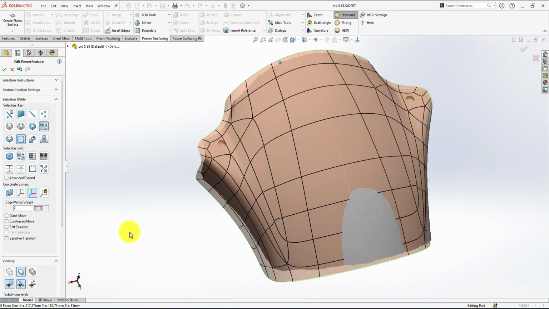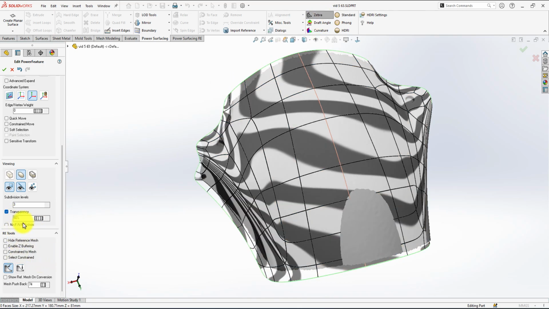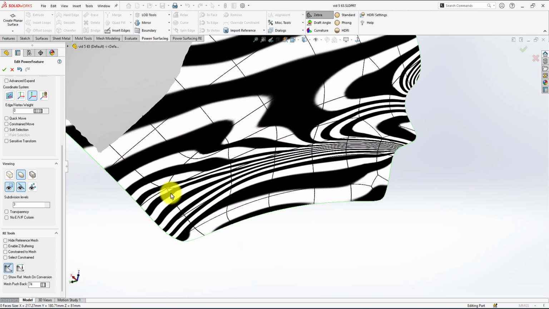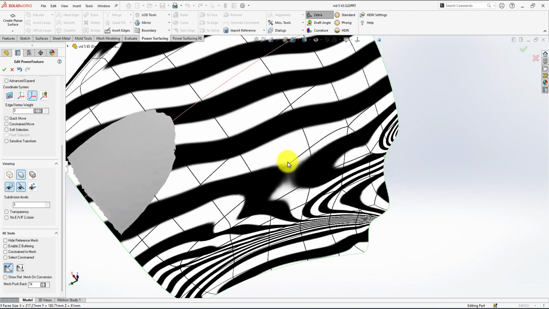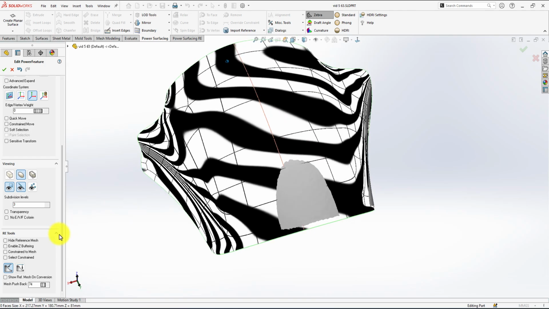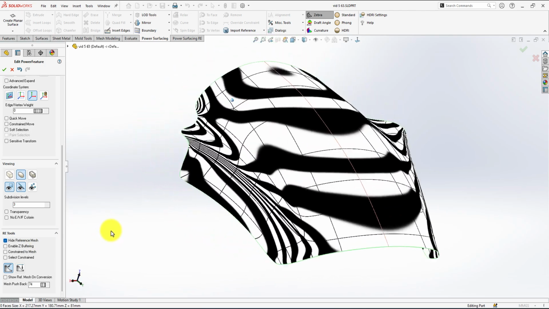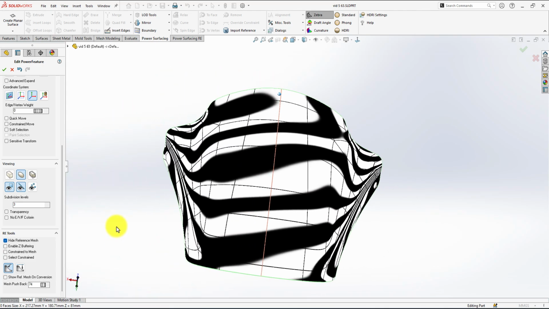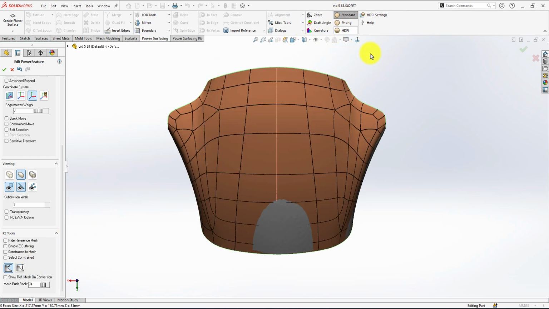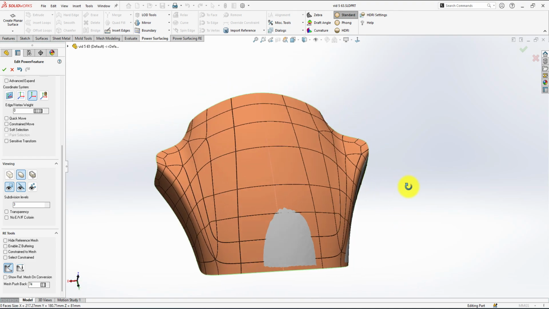So let's check the sub D first. We go to the zebra stripes and remove the transparency, and you can see the flow of the edges and the fillets look great. Let's hide the reference mesh. You can see the edges are now clean and everything looks great. Let's keep going. Go to unhide and get the standard sub D. All right, now